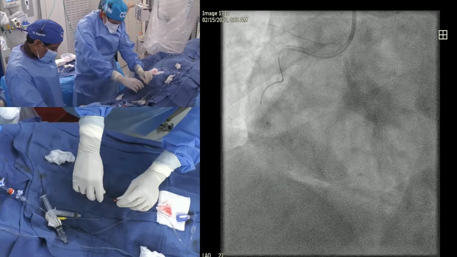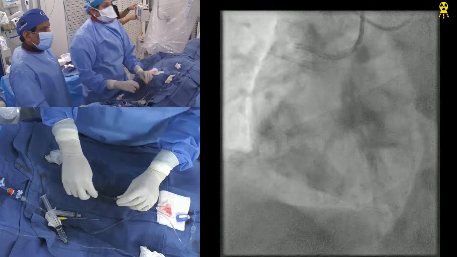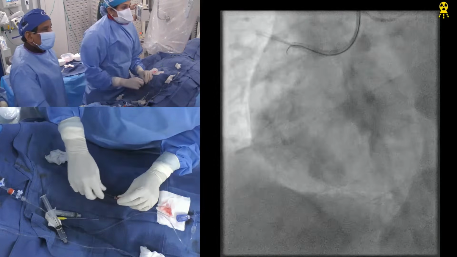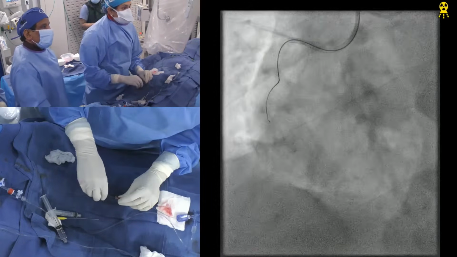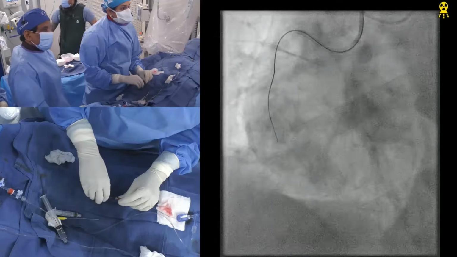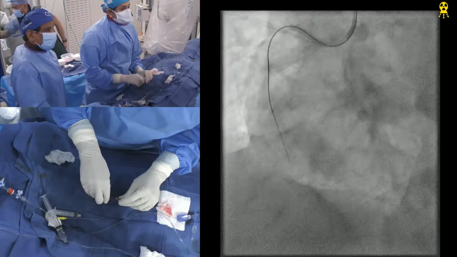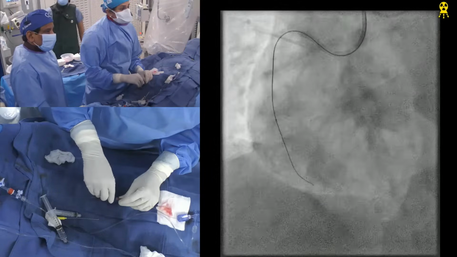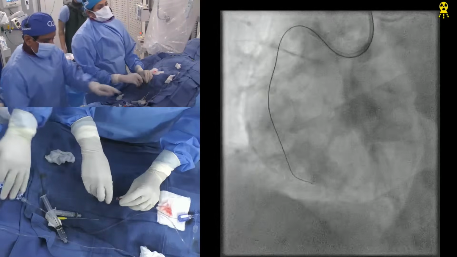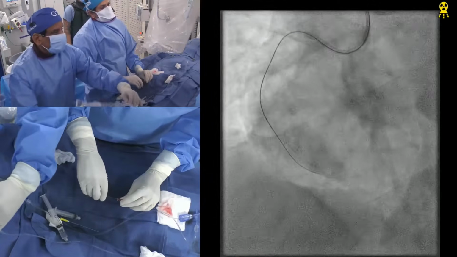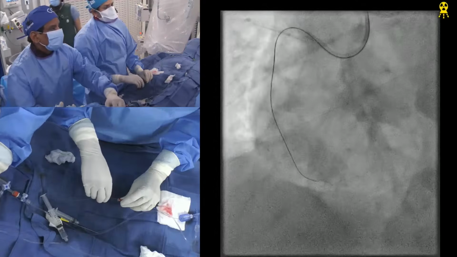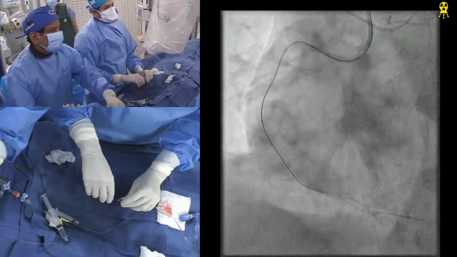Progress 200, knowing that your one-to-one torque is not the best. I tried it, it did not help me. And now you are going with the Confianza 12. What about the use of the Pilot here? Would that make any sense? Retrograde. The Pilot is a polymer jacketed, good wire, but